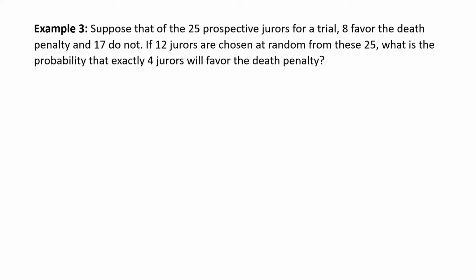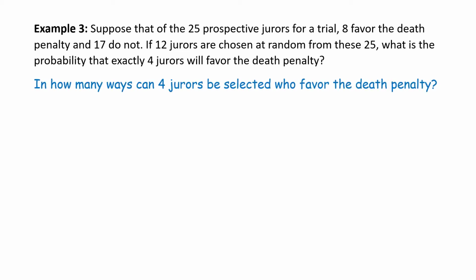We'll work it out. I'll begin with, in how many ways can 4 jurors be selected who favor the death penalty? The problem says 8 favor the death penalty, and of the 8, we want any 4. That's a combination problem, so the number of ways here would be